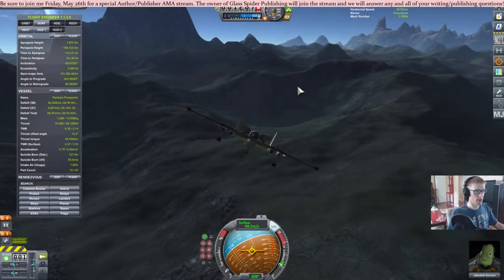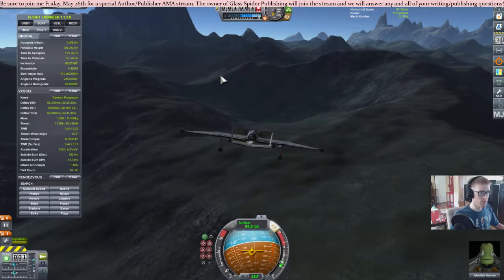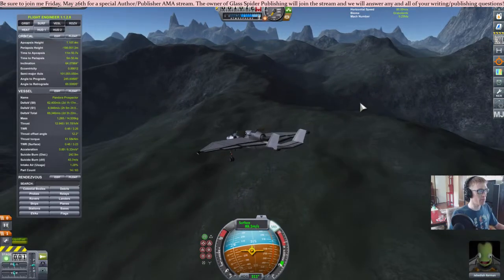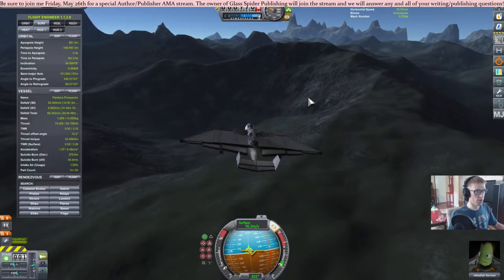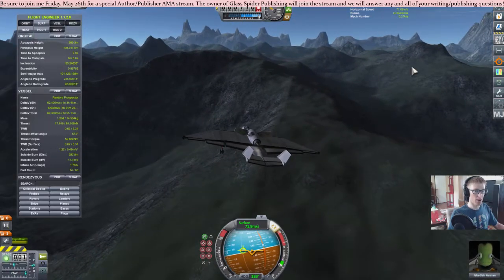Let's see. I probably don't want to land in the big hole. Maybe I can just go up. Let's see. Where am I going to land? You really didn't make a friendly place for landing. I do need a little bit of throttle. Let's see if I can't land this somewhere. I need, maybe...